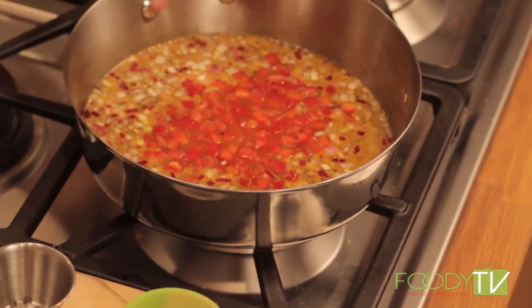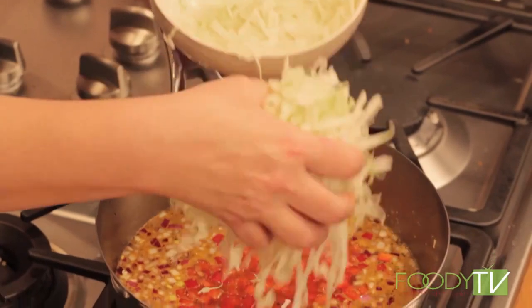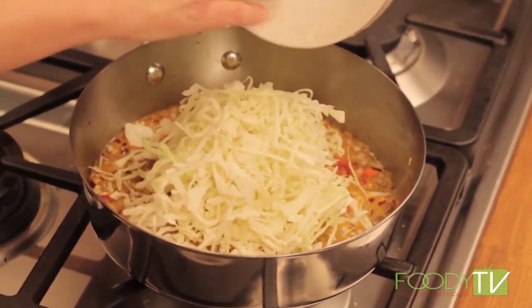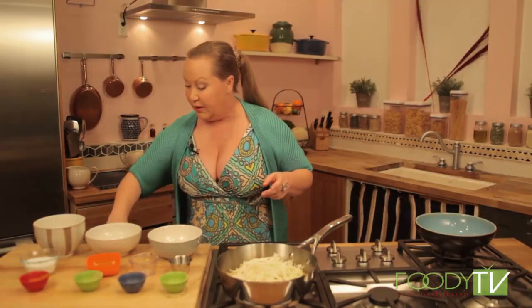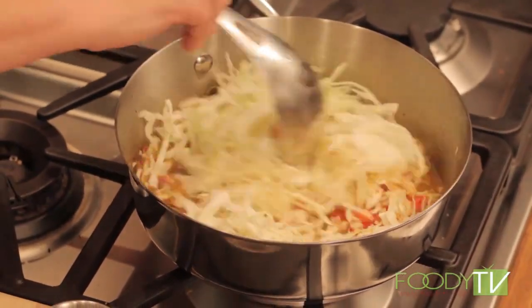So I'm going to go ahead and add in our red bell pepper. And I'm going to add in our shredded cabbage. Pure medicine here with our shredded cabbage, gang. It's a cruciferous, and we've talked about those before. One of my favorite groups of phytonutrients. Now let's go ahead and just get this evenly distributed. I'm going to change over to a spoon here and just kind of coat that cabbage and get all the